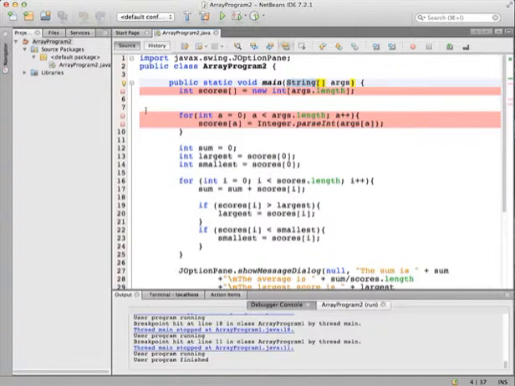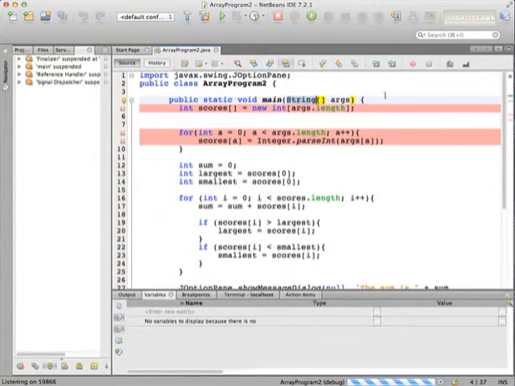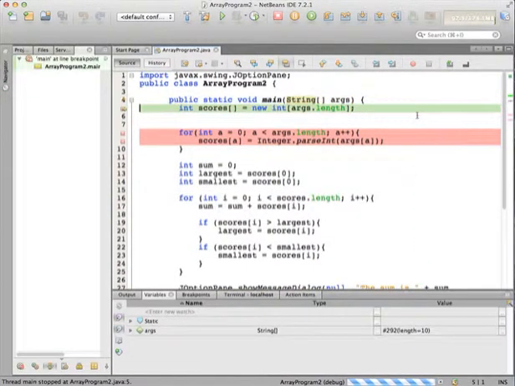I'm not going to go through the whole loop process again and how we take those numbers and add them all together and figure out which one's largest and which one's smallest. Instead, I want to show you how we get that data in, what that data coming in looks like, and how we convert that data into a string. So